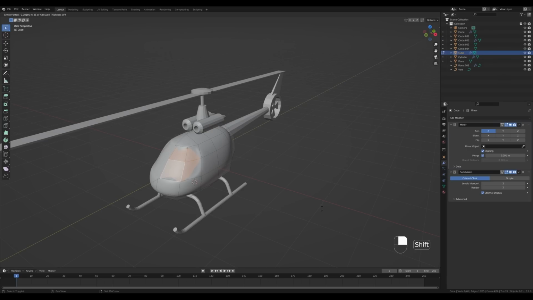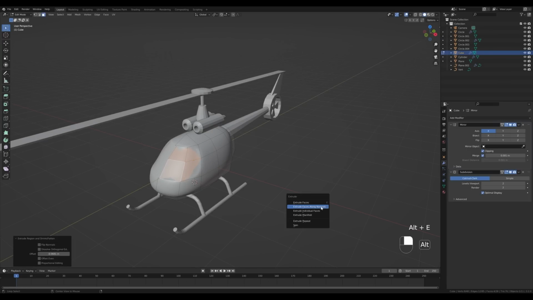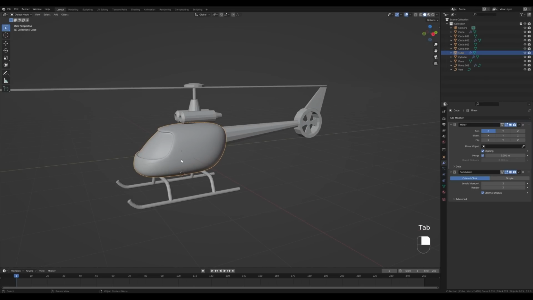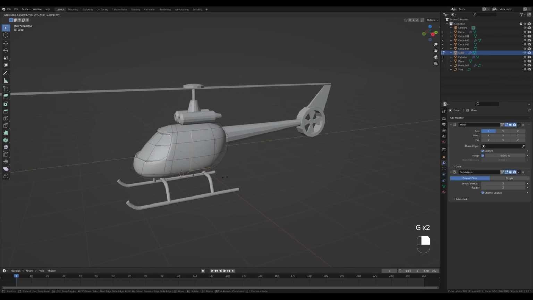Inside a little bit like this, you can help by holding shift, that will make it more subtle. And now let's do that once again, so Alt E, extrude faces along normals to make it a little bit more sharp, so we have some window there. And now let's press Ctrl R and create the loop cut there, and alt click this loop here and press G twice to slide it back.